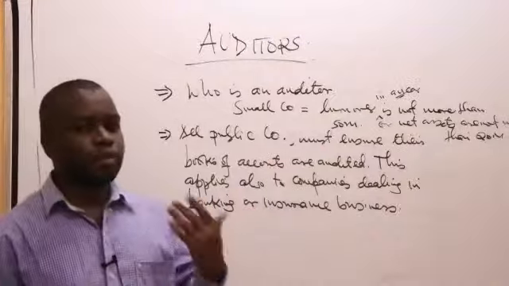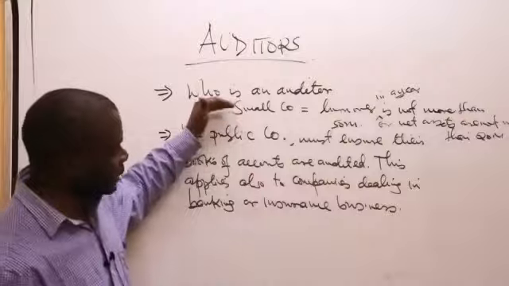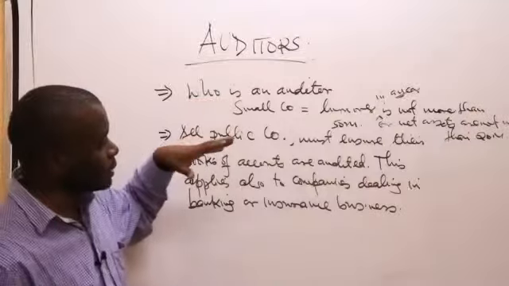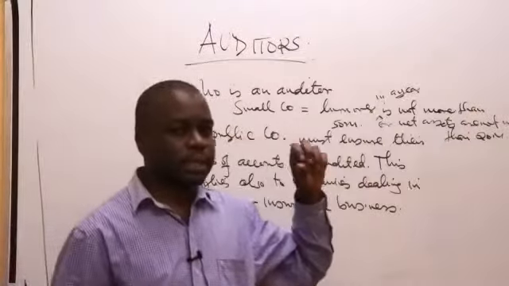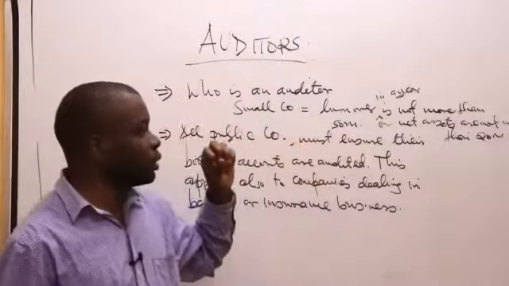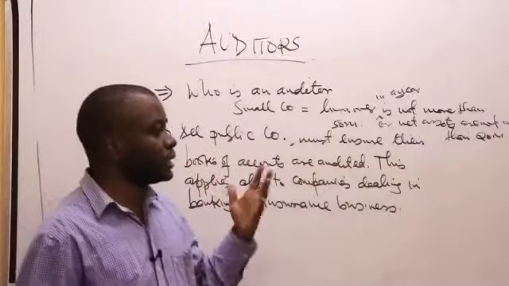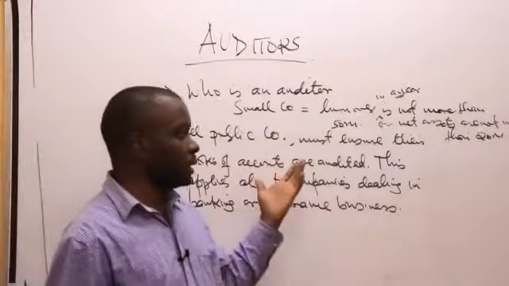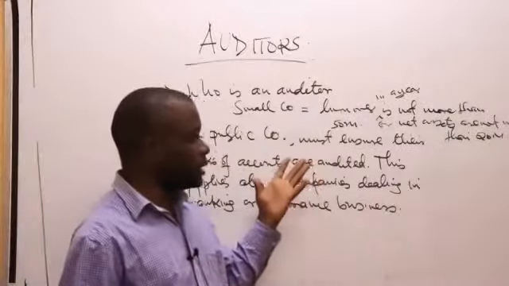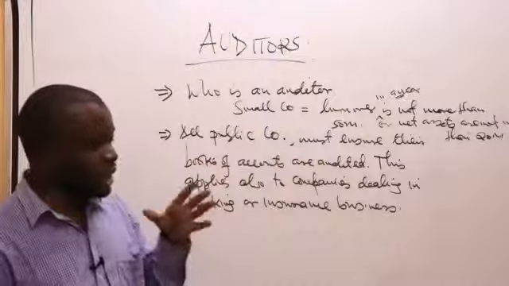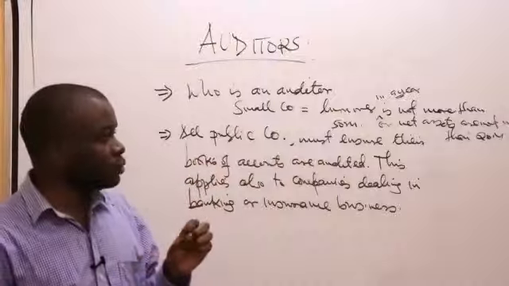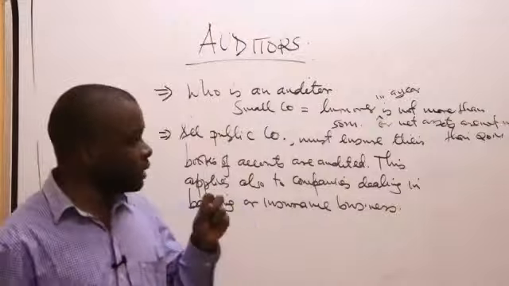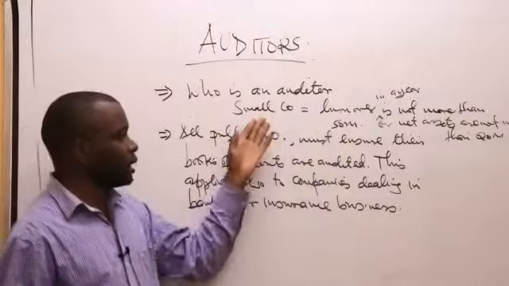So other requirements just force these small companies to ensure that their books of accounts have been audited. But according to the Companies Act, for private companies which are small companies, it is not a must under the statute for them to ensure that their books are audited each and every year. But of course, what I've just said makes this almost irrelevant,